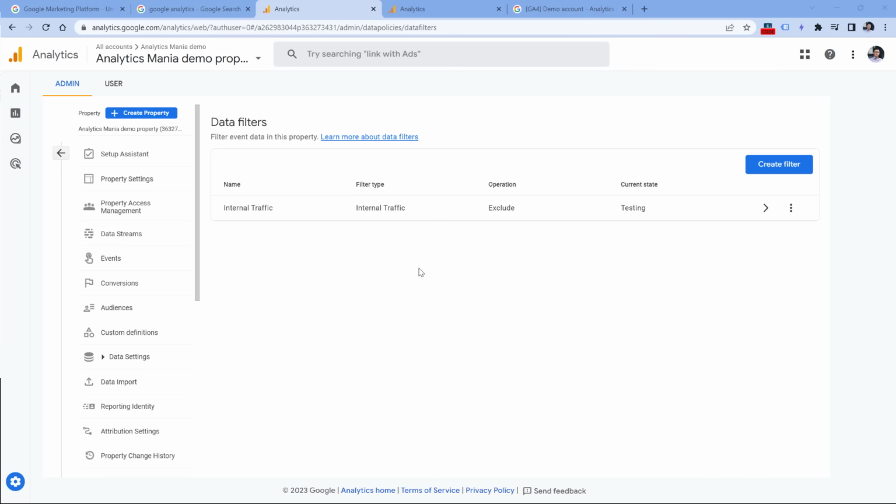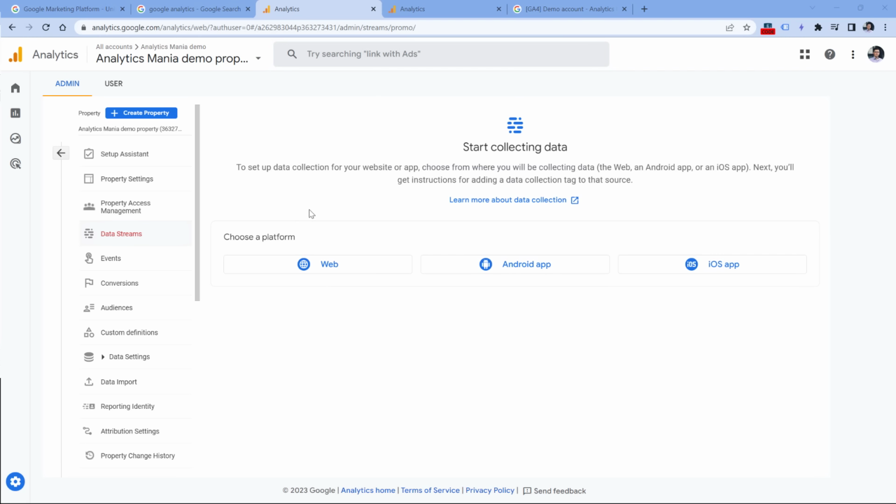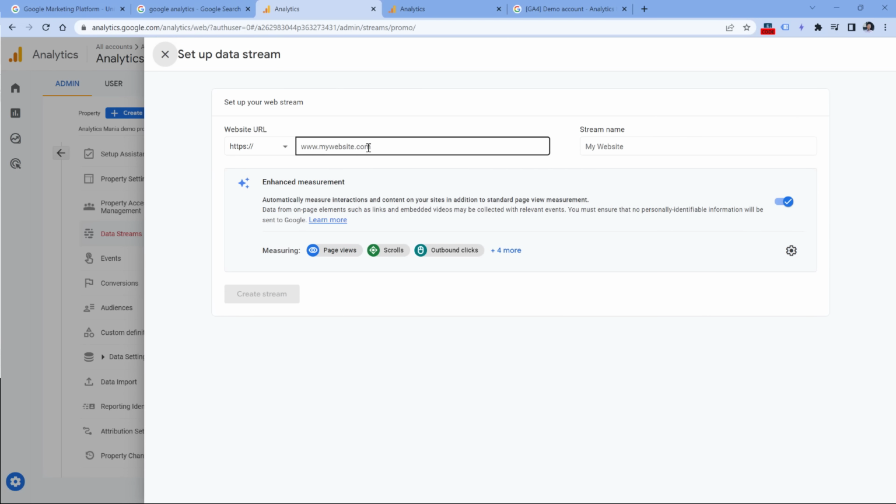And now let's go to the next part, which is data streams. It is necessary for you to create a data stream if you want to install Google Analytics. So go here. As I have said before, in this tutorial, we will be focusing on web tracking. That's why choose the web platform. And here you have to enter the URL of your site, the name of the stream, and there are some